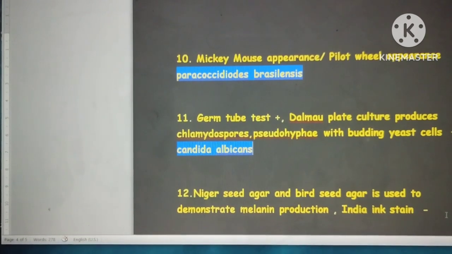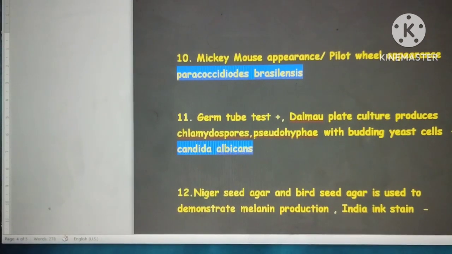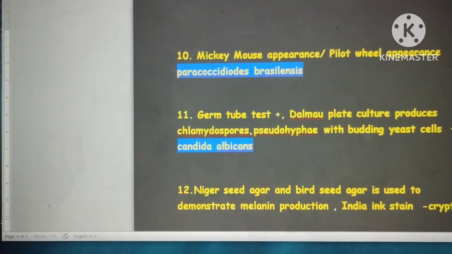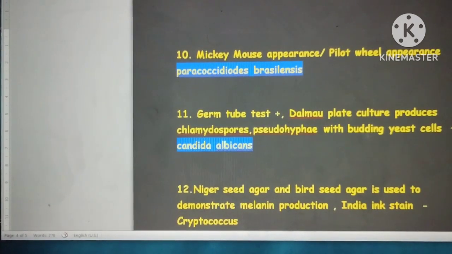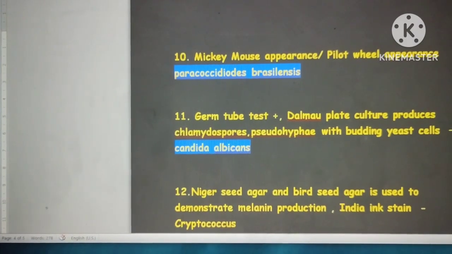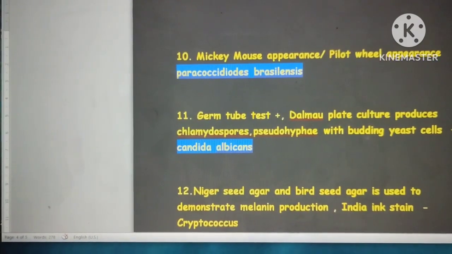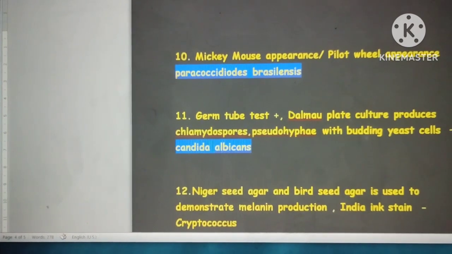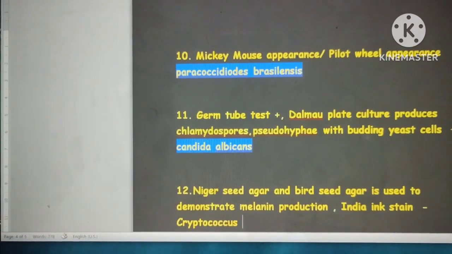Again, Niger seed agar and bird seed agar are used to demonstrate melanin production, and we use India ink stain. India ink stain is for capsule demonstration, and it is nothing but Cryptococcus. So whenever you come across melanin production or bird seed agar or Niger seed agar, which produces black colored colonies, or mucoid colonies,